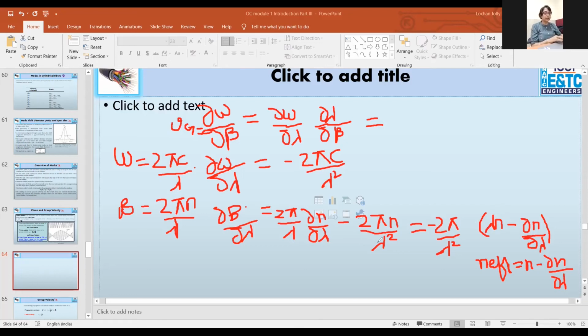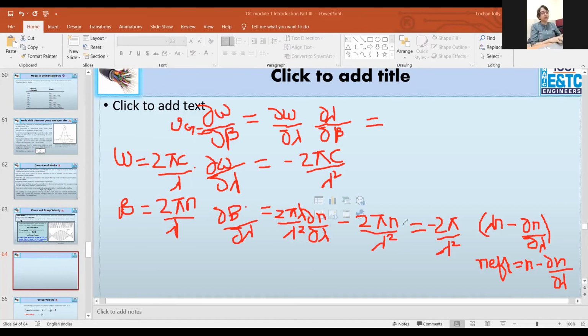Perfect. I have taken lambda square in the denominator. Correct. I hope now it's correct. Yeah, Krusha? Okay, so that's my mistake. It's n lambda minus del n by del lambda because I'm taking lambda square common. So I'll just write it here, lambda by lambda square.